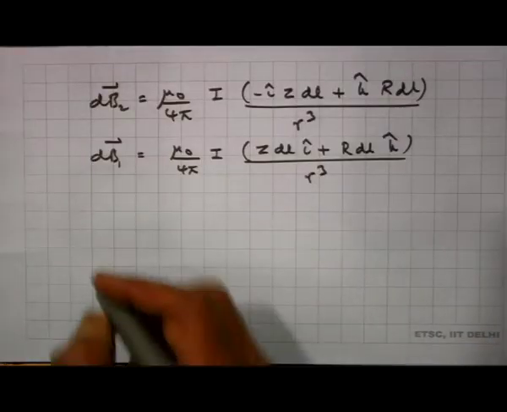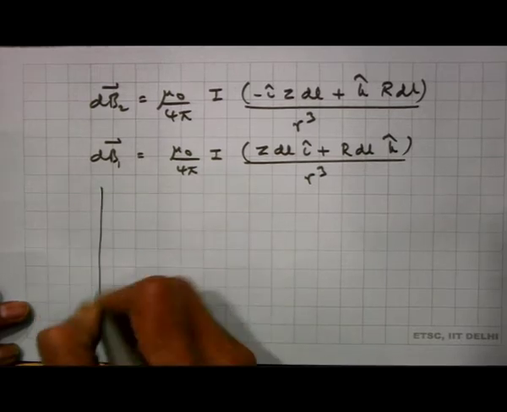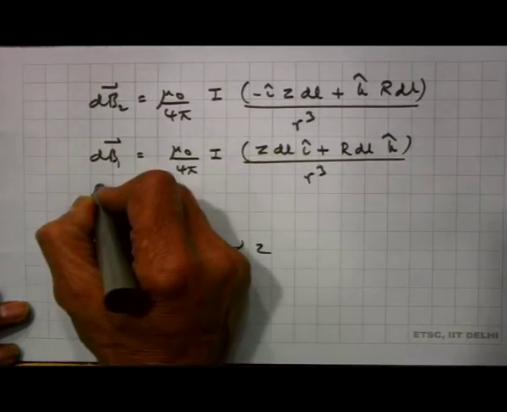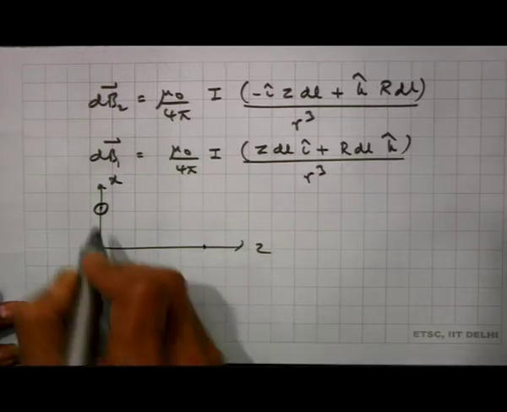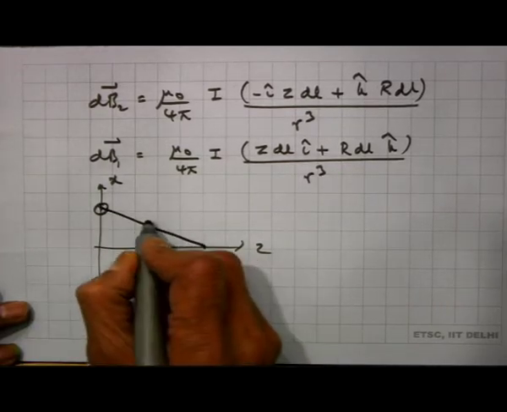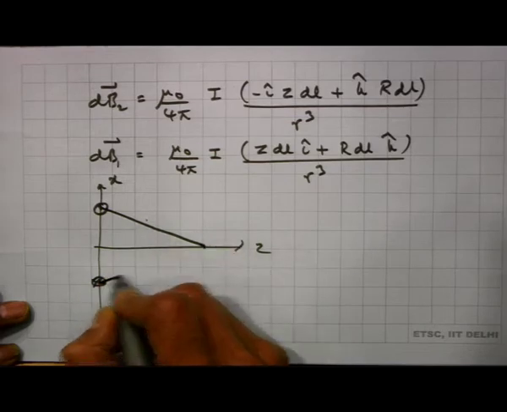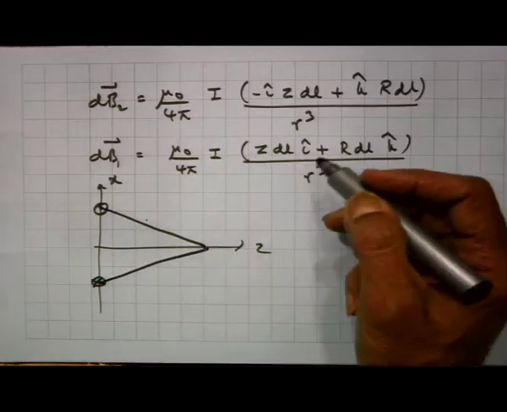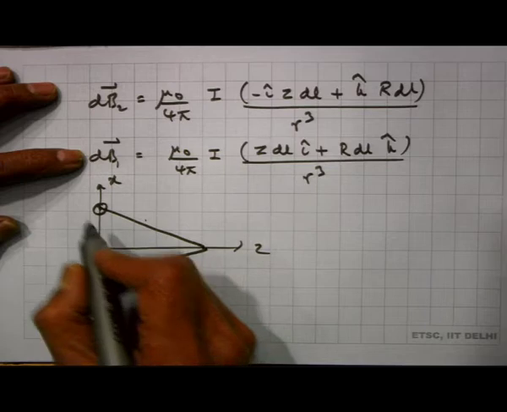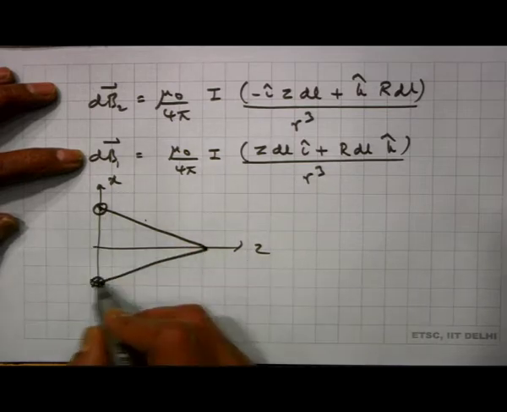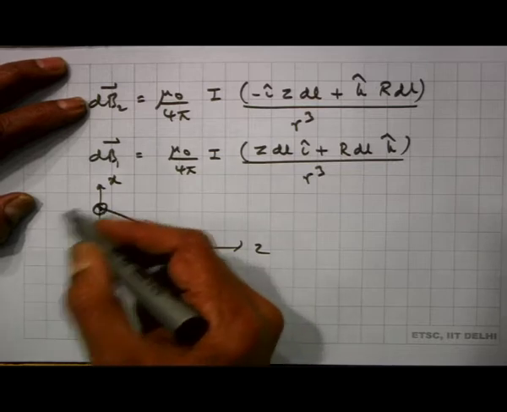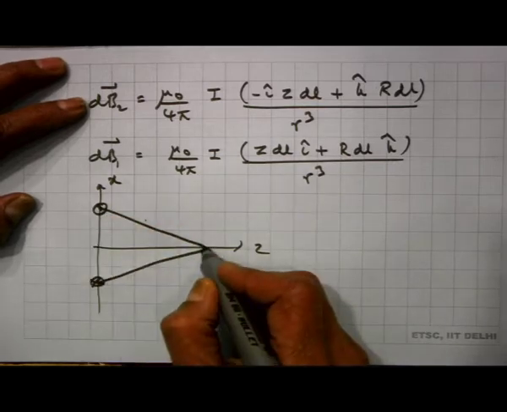Now, you can clearly see. So, let me draw the figure again. So, I have this z x. So, this is coming out, this is going in. So, at this point, this is one r vector, this is another r vector here. So, as you can see here, dB1 is the magnetic field produced by this current element at this point, dB2 is the magnetic field produced by the diametrically opposite current element at the same point,